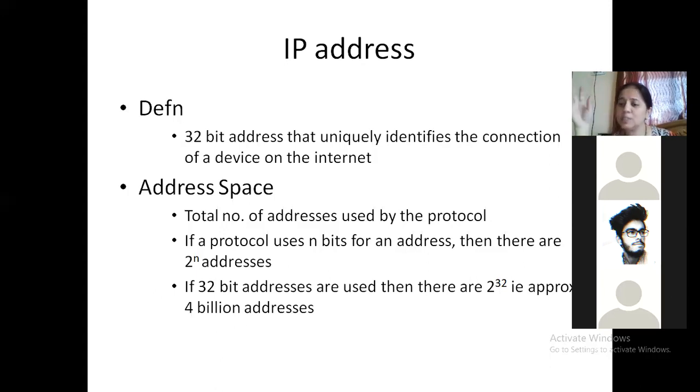So even if millions of users are there all over the world, millions of computers are there all over the world, each connection, each host, or every router that is connected to the network can be uniquely identified. Uniquely, the word uniquely means what? It's not going to repeat. Every machine will have a unique address. No two machines will have the same address. So every connection that allows the host to become a part of the network, we are going to identify uniquely with the help of an IP address.